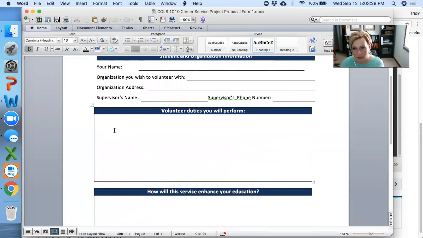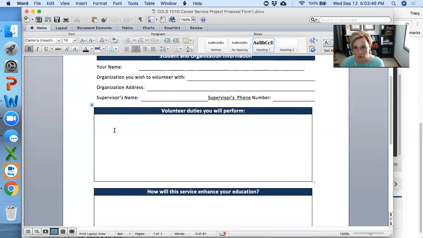So you want to try to at least get in the general field. You may want to shadow someone who works at the front desk. You may want to shadow different employees, and you're going to spend 8 hours there. It doesn't have to be 8 hours in the same day. It could be 8 hours over the course of several days. It can be on any day of the week.